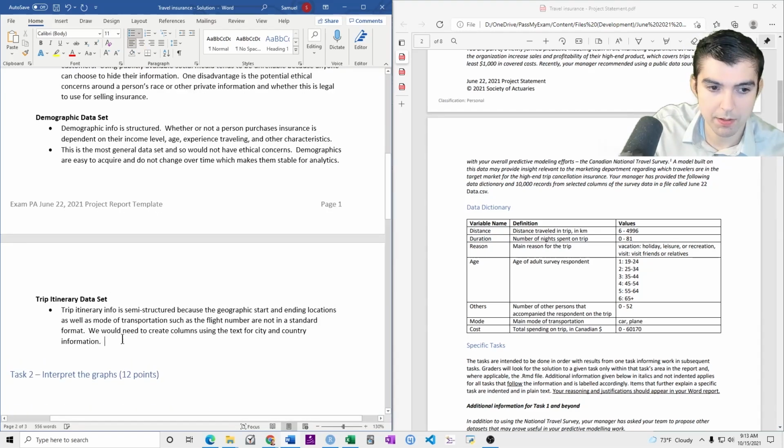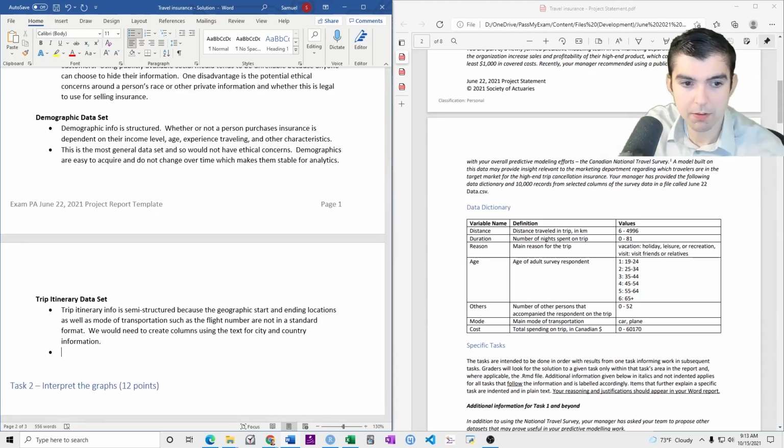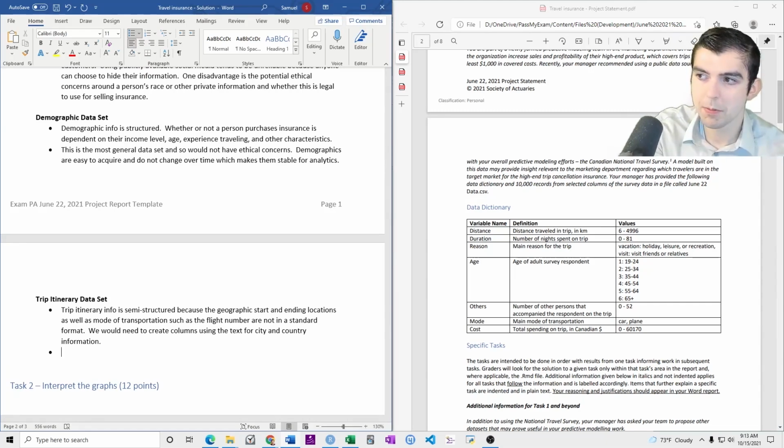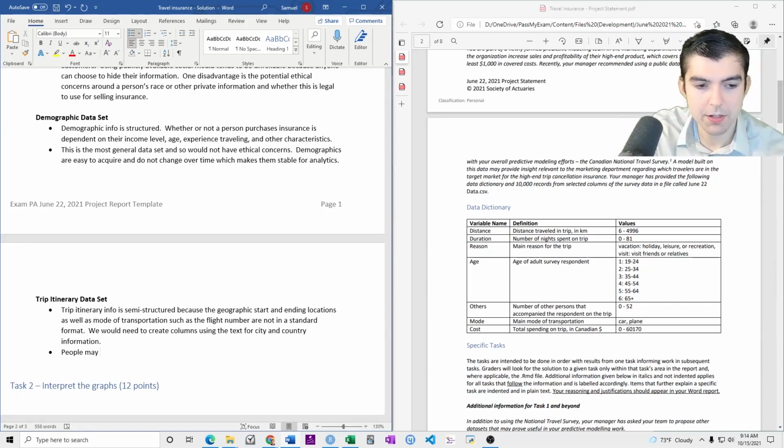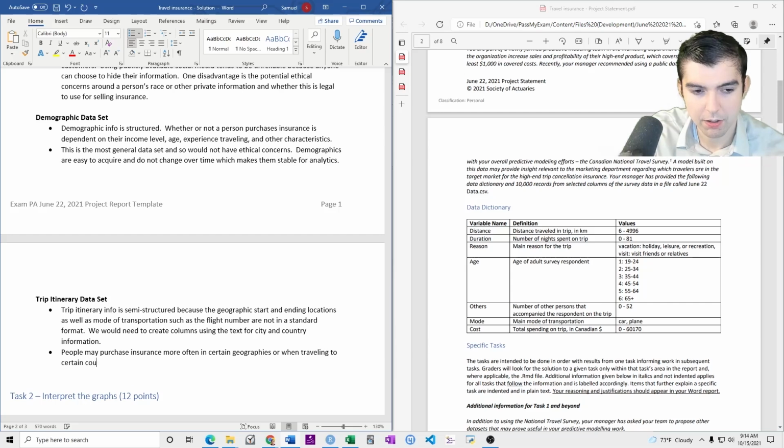And then itinerary data set. This is, well, it could be that people may purchase insurance more often in certain geographies or when traveling to certain countries.